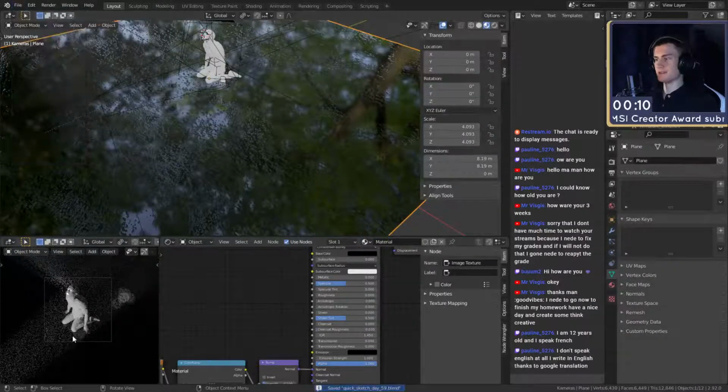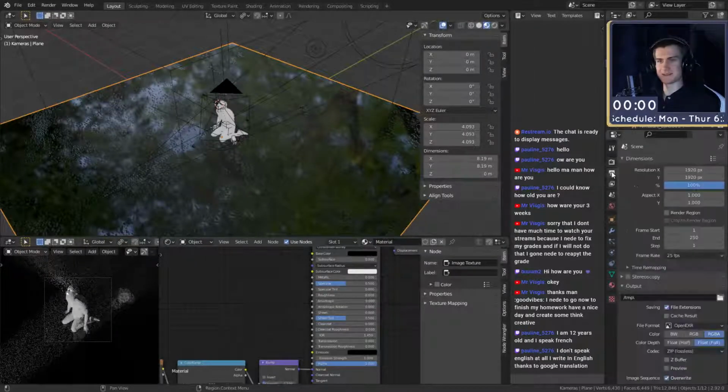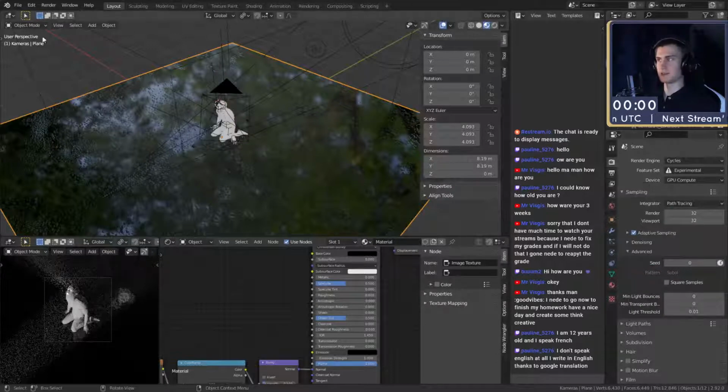Kind of hard to see the end result in the viewport. Usually Photoshop really brings in the magic, which is kind of bad because you can't really see how your end result will look like before you put it into Photoshop. So you have to kind of just guess. But that's just how it is.